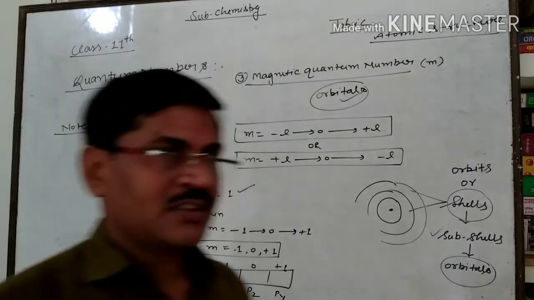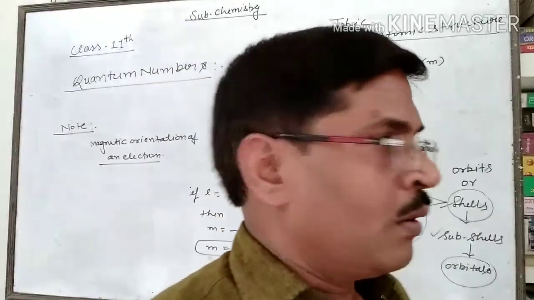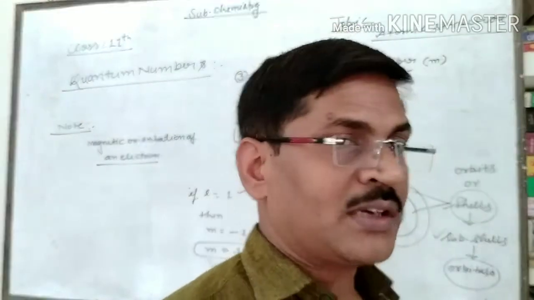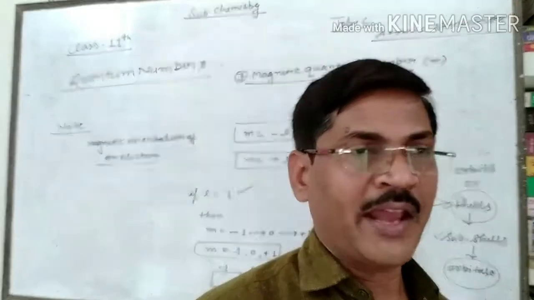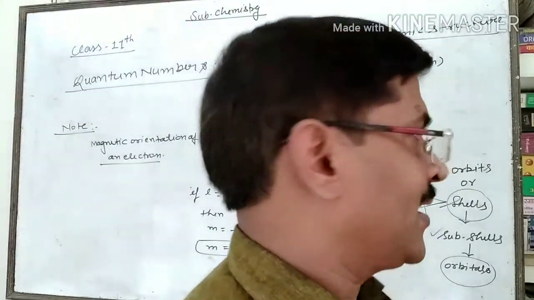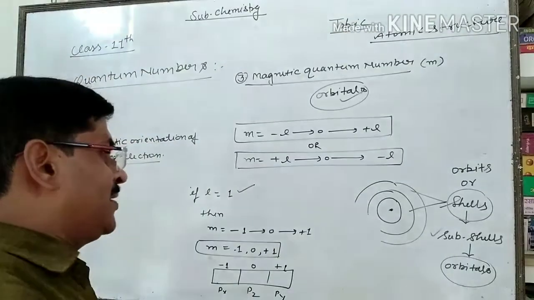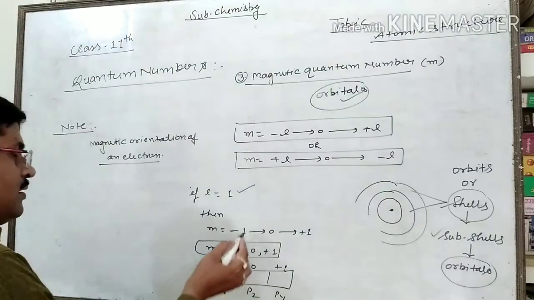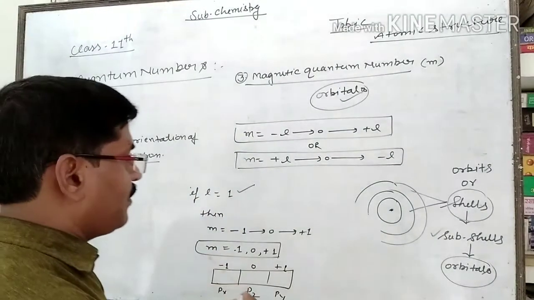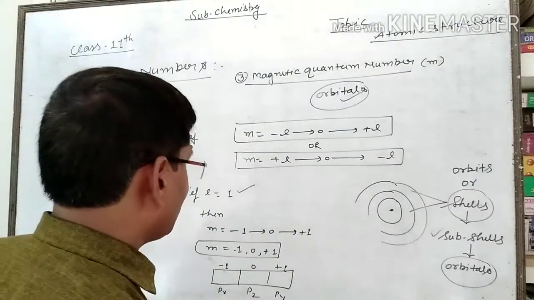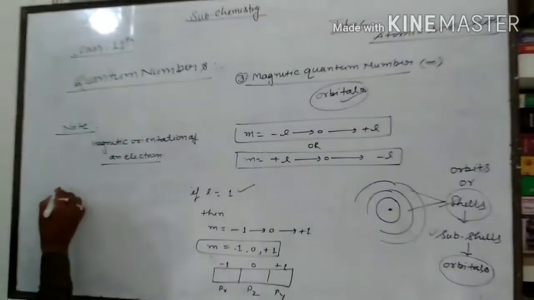Sometimes in an optional question this type of option will come. What represents the magnetic quantum number? It represents the magnetic orientation of an electron in the orbital, and you will be able to find the values of the magnetic quantum number. After that, if you want to find the total values, then